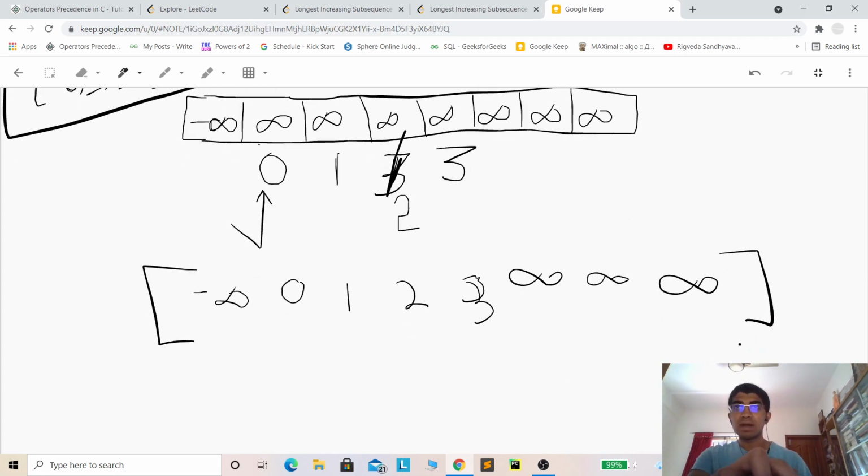We just iterate from the last to the first element, and whichever index we have a non-infinity value, we can confirm that that is the ending point of the longest increasing subsequence. So we just return the index, because that is the length of the longest increasing subsequence.